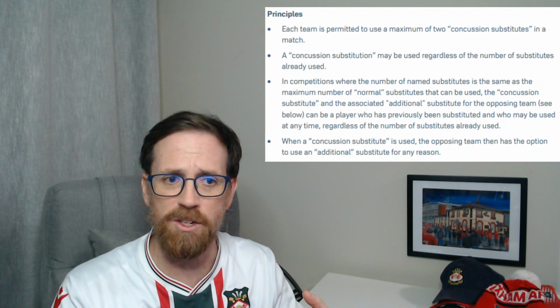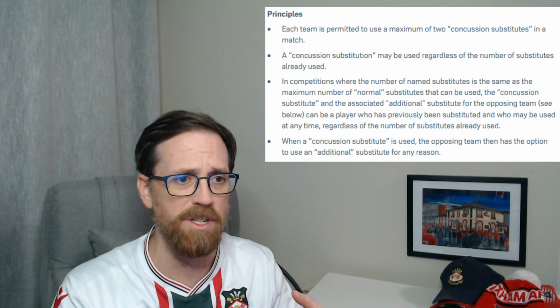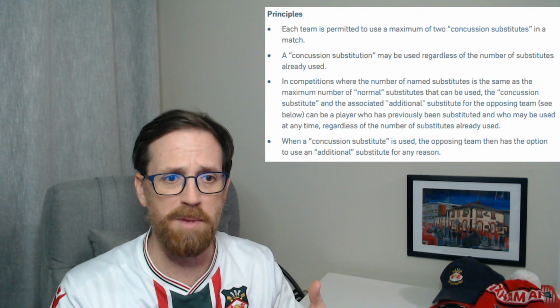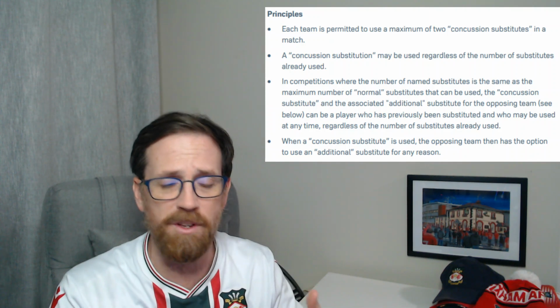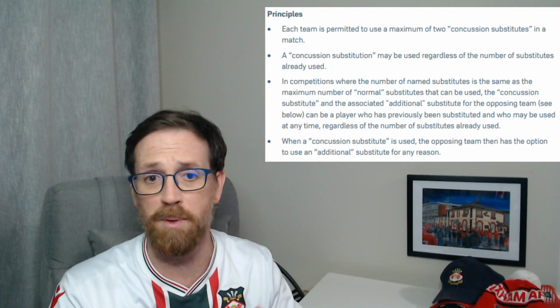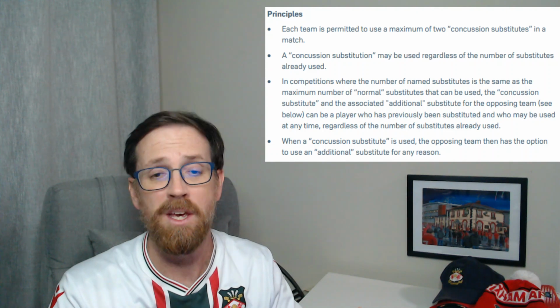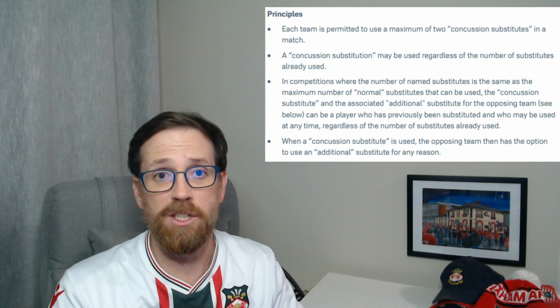But I'll bring up what's contained in that document, almost in its entirety, in 3 different sections. So here's the principles. Each team's permitted to use a maximum of 2 concussion substitutes in any match. Those concussion substitutes may be used regardless of the number of substitutes already used. So if you've blasted through them and the concussions happen late in the game, you don't have to have some punch-eyed